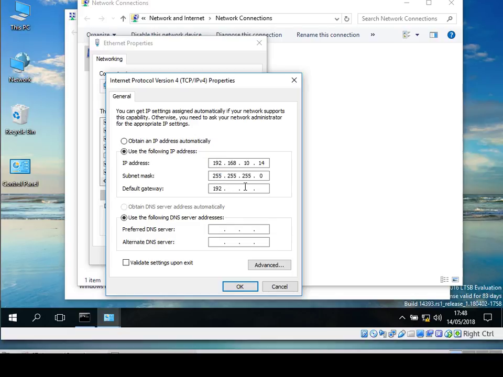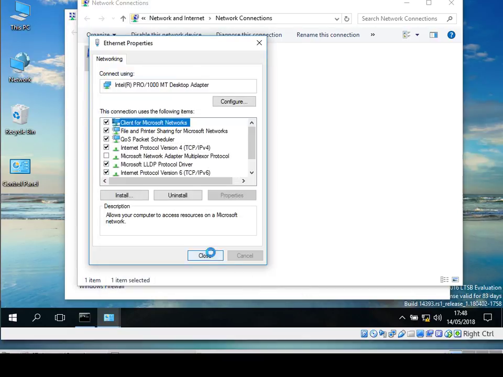We're going to force all the traffic that starts from the Windows machine directly to the CentOS. So we say that the default gateway will be the IP of the CentOS. After we've done this,